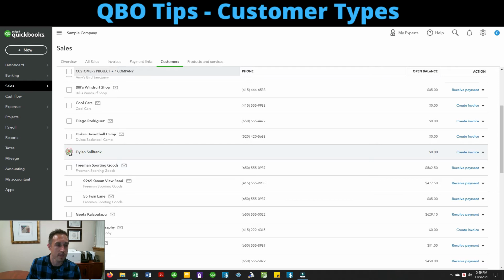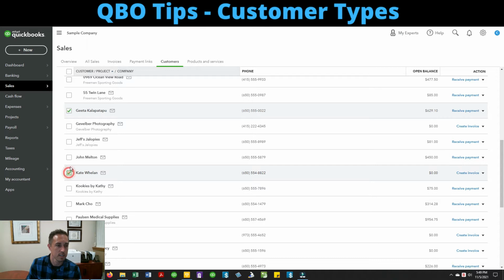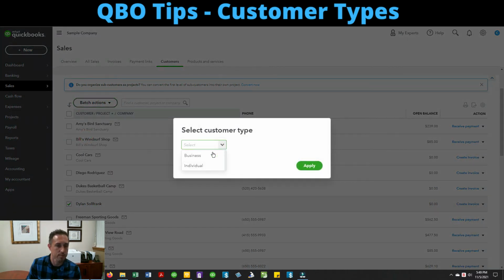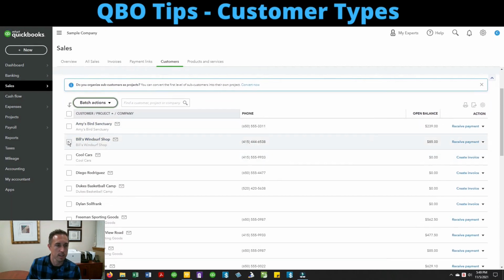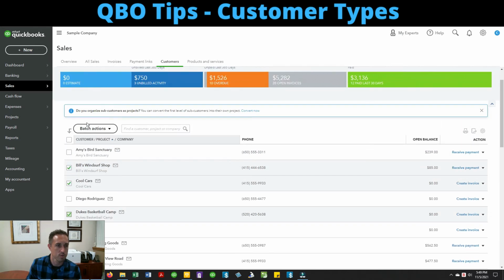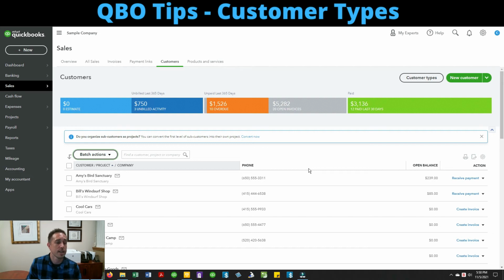So I can pick on Dylan and Greta and Kate and John, and I can use my batch actions here, and I can select customer type, and it brings up my drop down, and I say they're all individuals. And I can do the same thing for a couple of batch actions. Customer type, businesses. Cool. Now we've assigned a bunch of customer types.